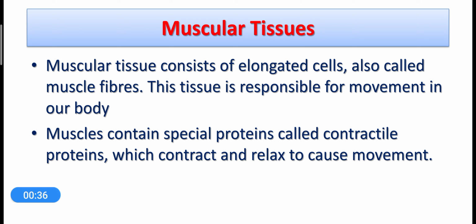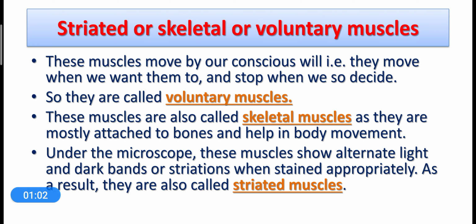is much more effective in movements. So this movement is because of the presence of muscles only in animals, and the plants do not have muscles. All right, so dear students, the muscles have special types of proteins which are the contractile proteins, means they can contract and relax to cause the movement in the body. Okay, so let's move on to the different types of muscular tissues.